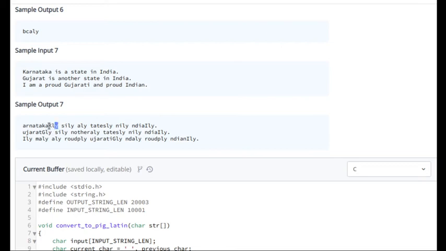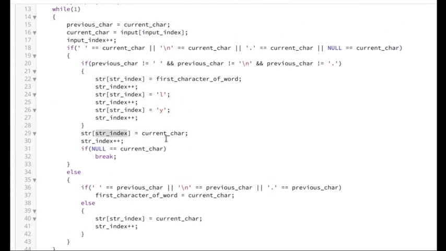But after doing that, after the first word and ly, here after a we append k and ly, but after that we should replicate this space here. So for that we need to type the current character. So hence I am storing in str index the current character. So space or slash n or dot, everything will be reproduced as it is in the str. And then naturally I am incrementing the str index.